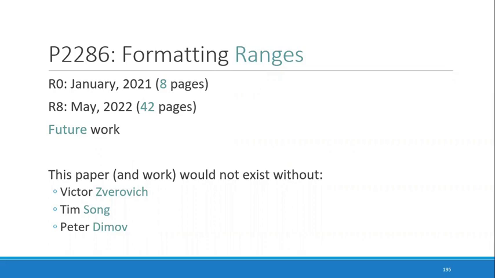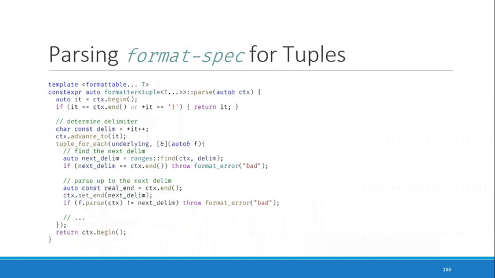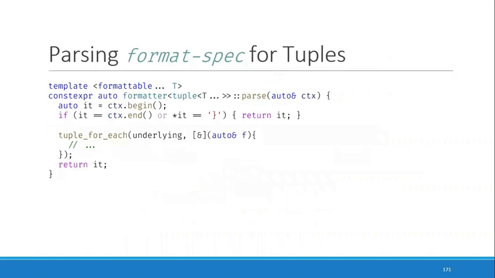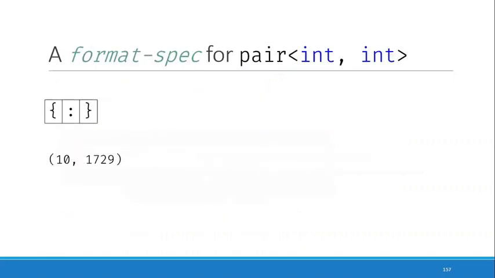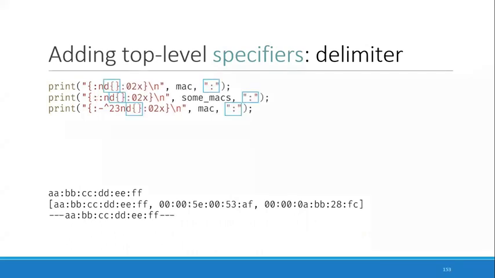Okay, so why did I suggest D as the specifier? Let me back up to that. So we need a way when we're parsing to know when we're up to the delimiter, and then we need a way to know when the delimiter ends. So if I'm providing an argument for the delimiter, if I'm using braces,